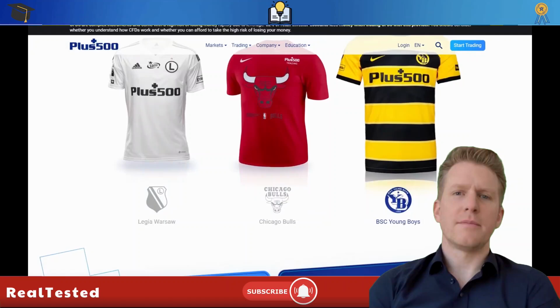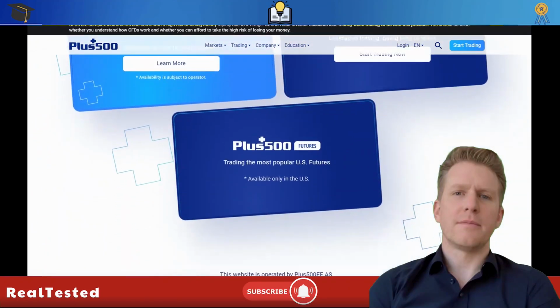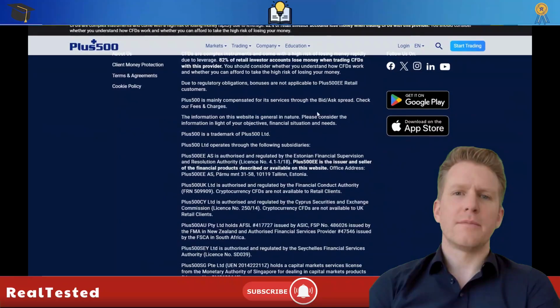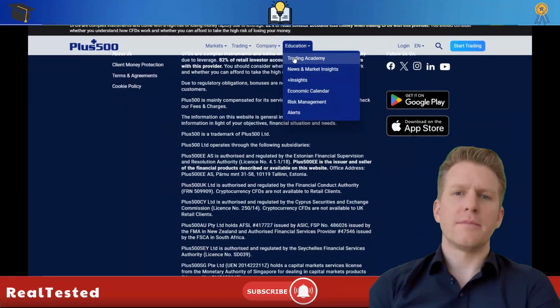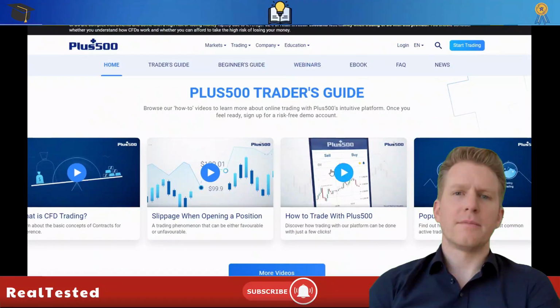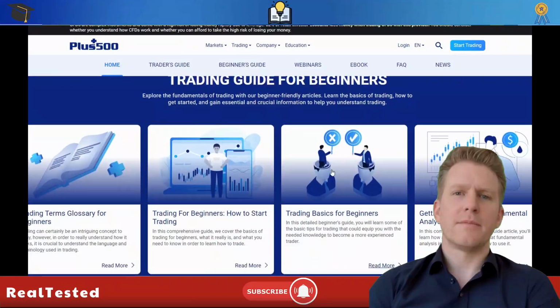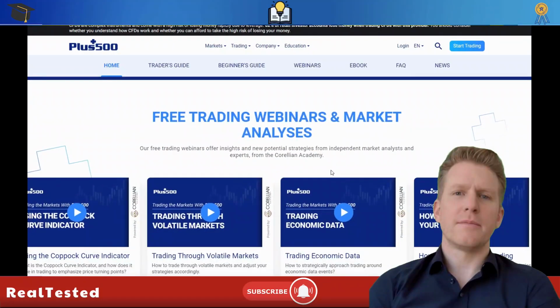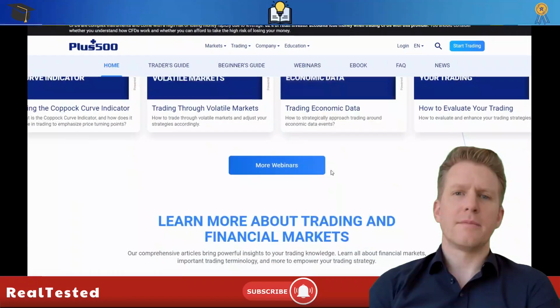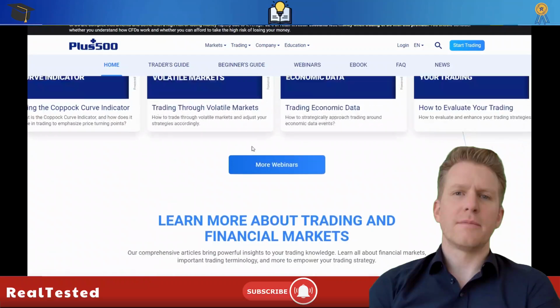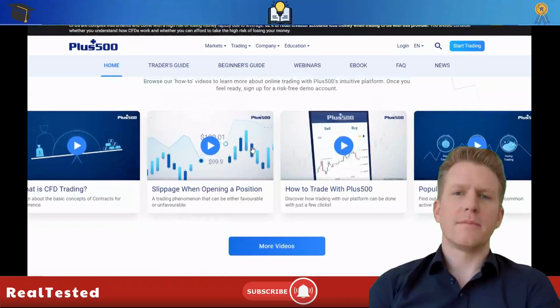Established in 2008, Plus500 has grown into a major online platform specializing in contracts for difference, or CFDs. If you are unfamiliar with CFDs, let's clarify that concept before exploring the interface. A CFD is a financial tool allowing traders to speculate on price changes across various assets without actually purchasing the underlying item. This enables you to trade on the value of stocks, forex, commodities, and even cryptocurrencies without owning them